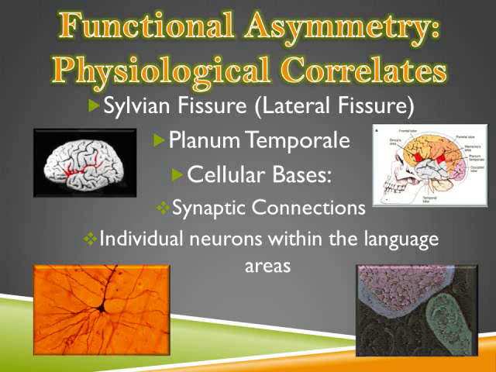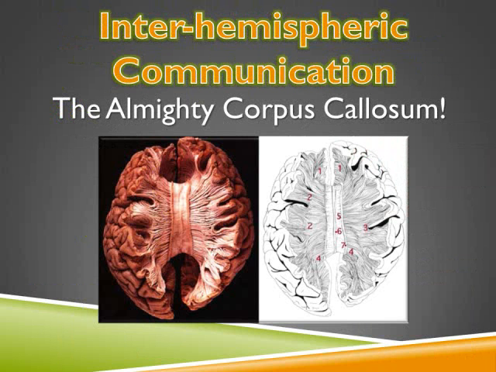Together, these examples represent important scientific steps toward further understanding of the degree of specialization and its contribution to cortical organization within the human brain. Imperative to concerted function, communication between the cerebral hemispheres is largely facilitated by the corpus callosum. Translating literally to hard body, the corpus callosum is the largest fiber system in the brain.